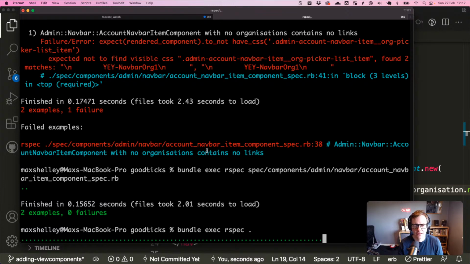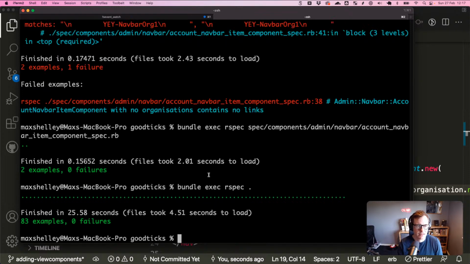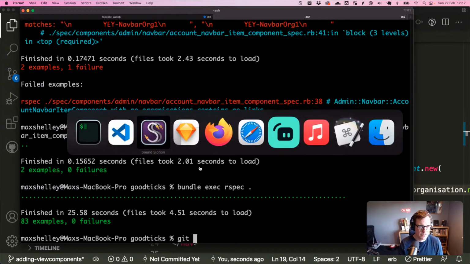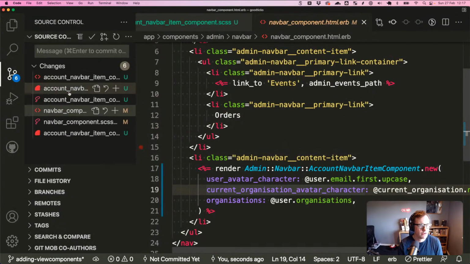Okay, it's taken a little while, but I think so. Those are those system tests firing up Chrome, I think, in the background, taking a little while. Okay, so we haven't broken anything, so we can just keep wildly committing to our ever-growing